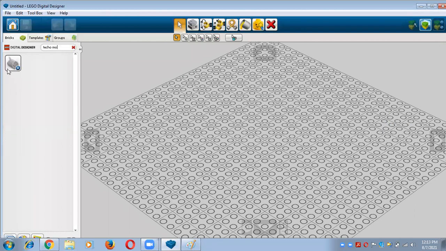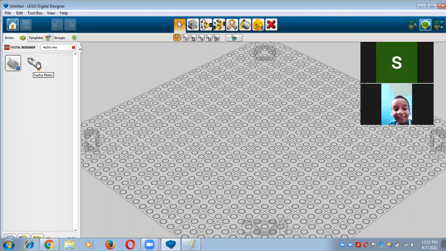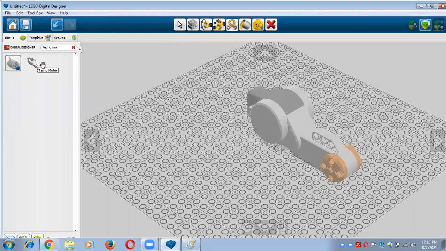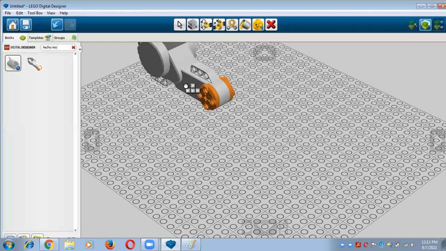Now you will receive one folder, and with the help of this folder, you can easily take tachomotor by expanding it. So just expand it with the help of this plus symbol. Just click on that, and now you will receive tachomotor. This one is tachomotor. So take it and put it on your work plane area, and after that you have to find one